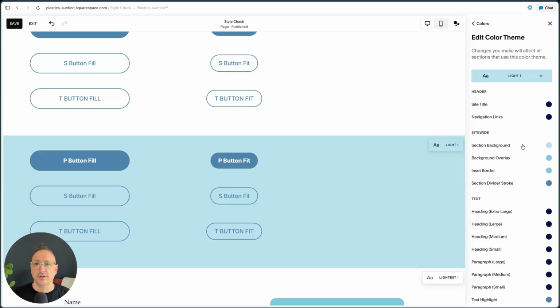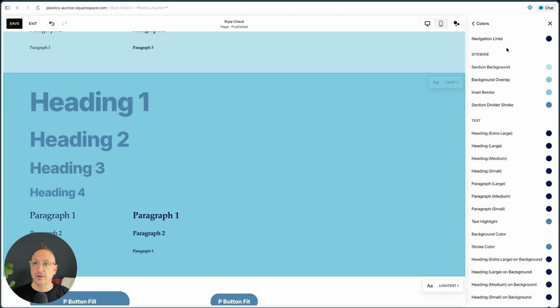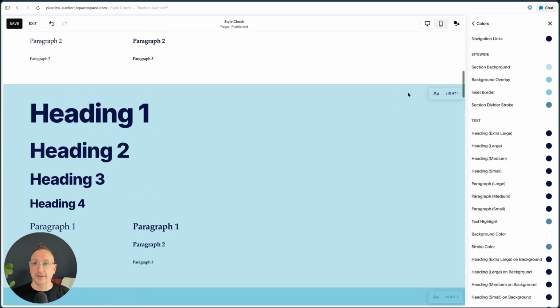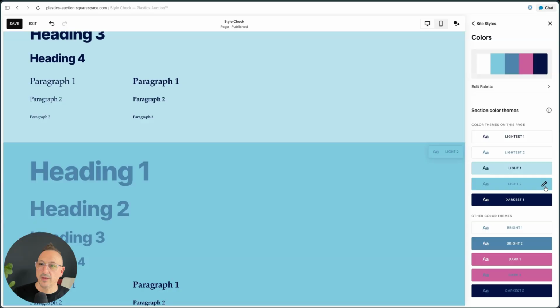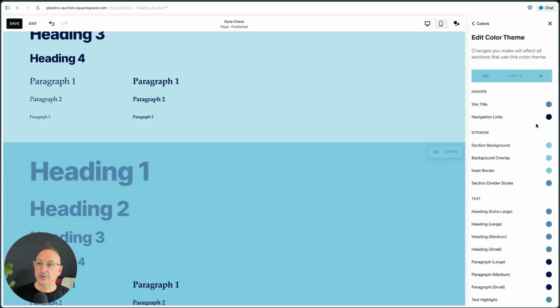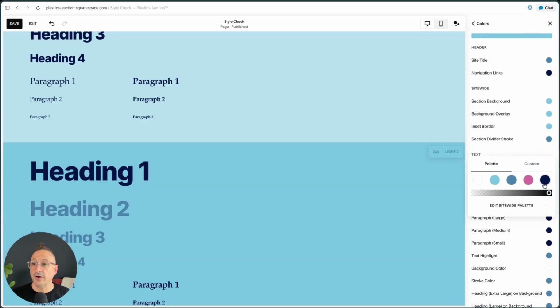And the one we're going to look for here for this section would be the buttons. But if we were in, say, light 2, or light 1, here's light 1 with the text. And like I said, I think, well, the contrast here is pretty fine. Oh, it's this one where the contrast wasn't great. So in light 2,